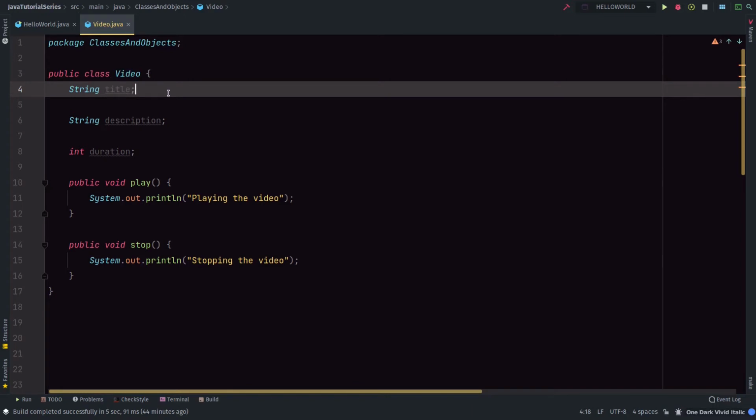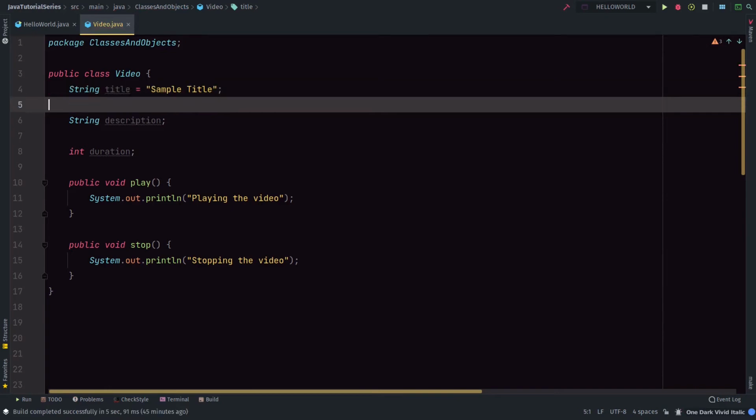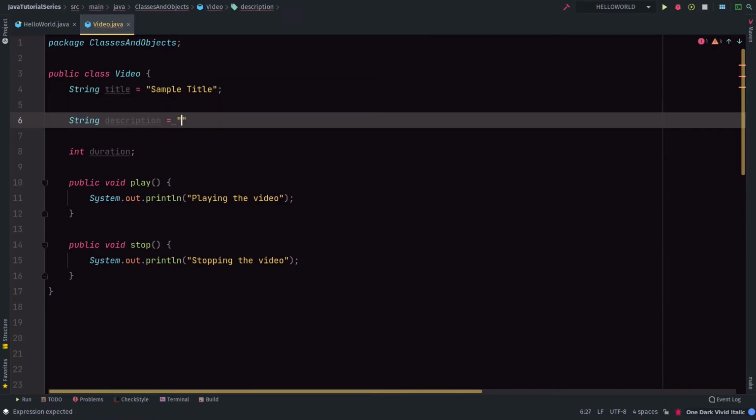Let's see what else we can do. I guess we can play with how we can assign a value to it, right? So for example, the string here is title, so we can say string title equals to, now how should I assign a string? So string always starts with double quotes, and then we'll say sample title, right? So now title's value is sample title,